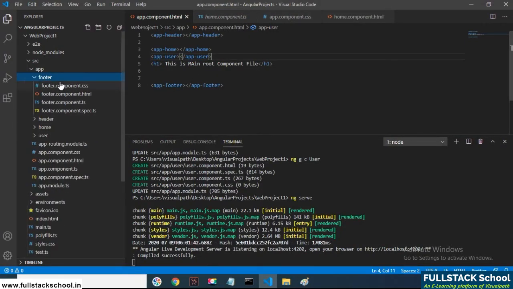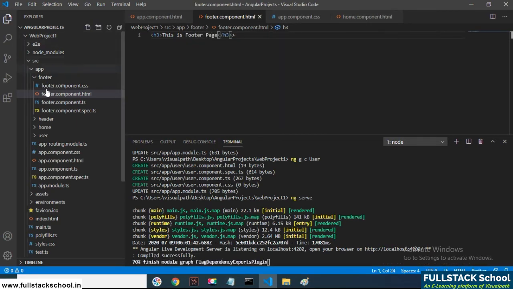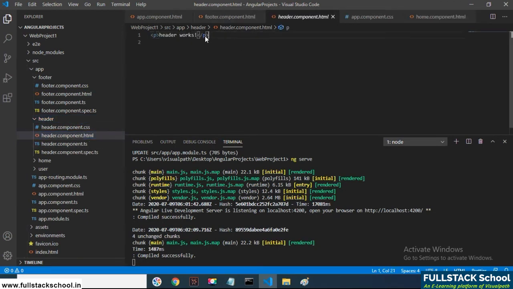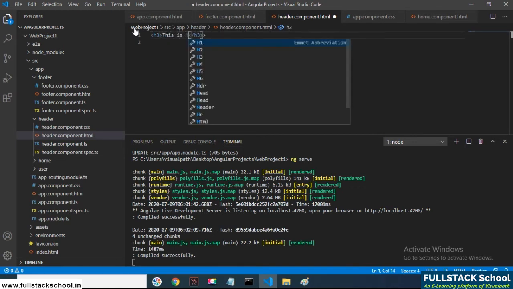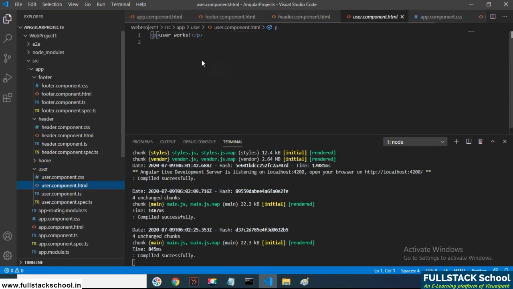For example, go to footer.html and here we are using h3, adding this is footer. The same way we are adding to header also. Just we are removing this h3. This is header page, and the same way we are creating the user also.